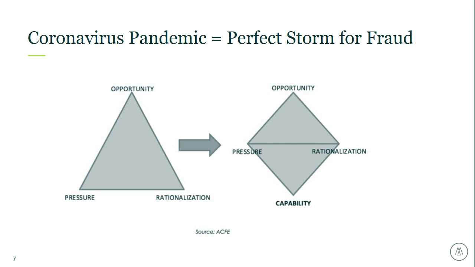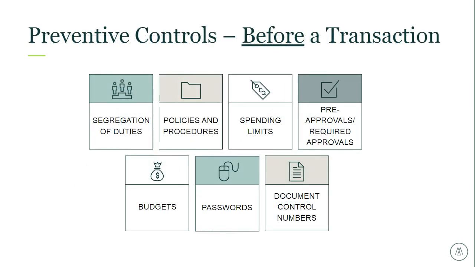So now we'll talk a little bit about controls, just a little bit, just to level set here. So first we'll begin by walking through preventive controls. Preventive controls are used to keep a loss or an error from occurring. So examples of preventive controls are all the items that are included on this slide.